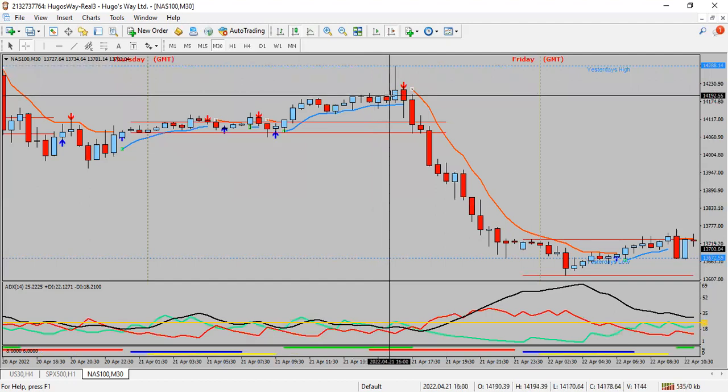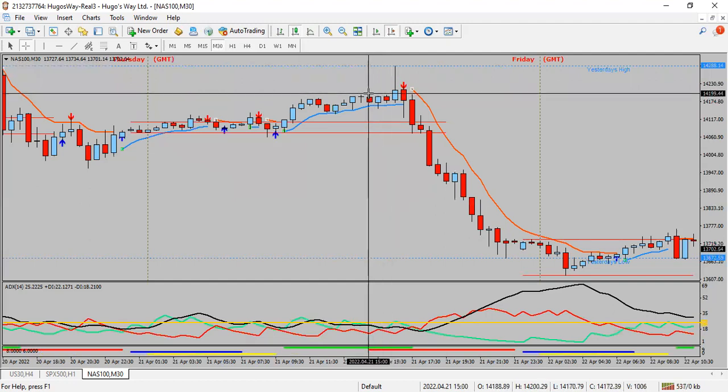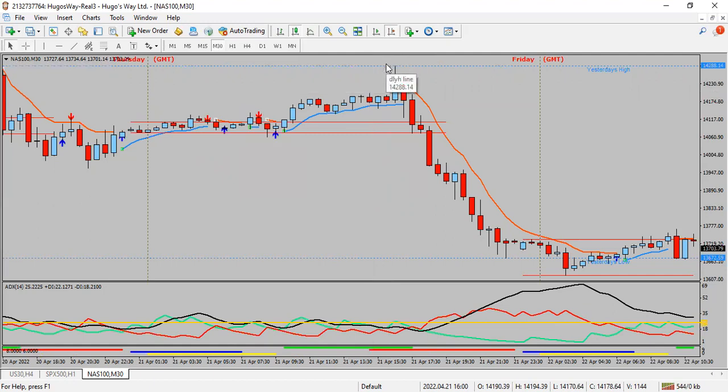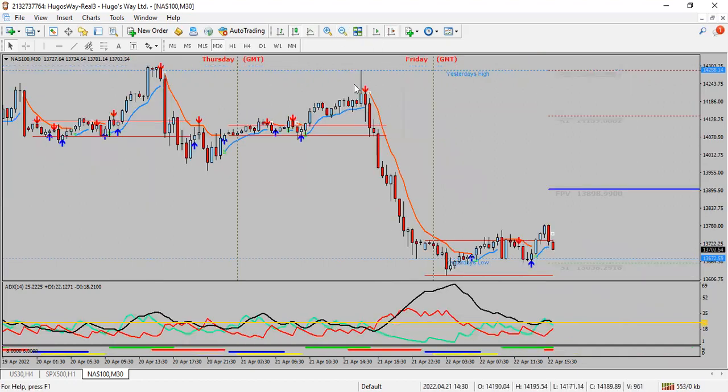So if you took the entry at a break and retest, waiting for price to come above this previous candle right here, it shot up for 92 pips. That was still good. If you took that, kudos to you, because that was still good. Okay. But if you look at it, price made a stop hunt.